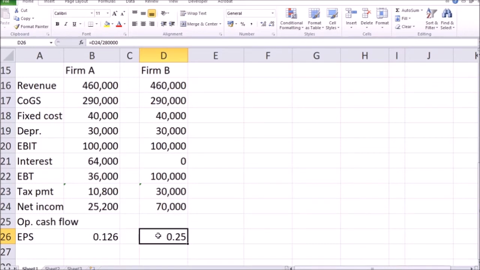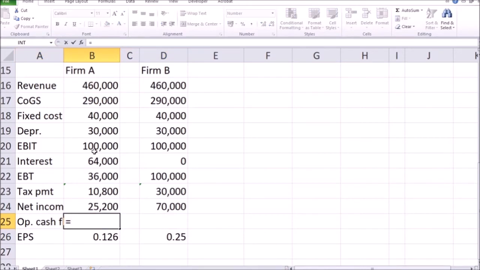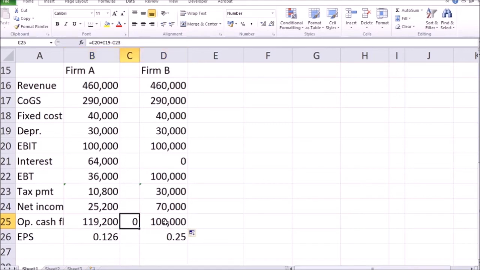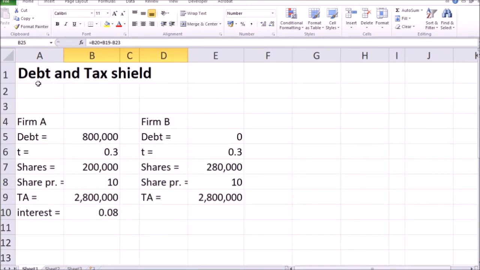And to finally look at the actual value of the tax shield, we need to look at the operating cash flow, which is, of course, earnings before interest and tax, plus any non-out-of-pocket costs, which in this case is depreciation, minus the tax payment, which gives you over 119,000 for the company with debt, and much less than that for the company without debt. And that is where we actually see the tax shield. The extra debt protects some of the company's cash flow